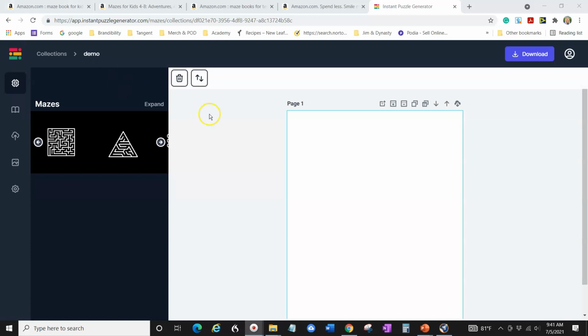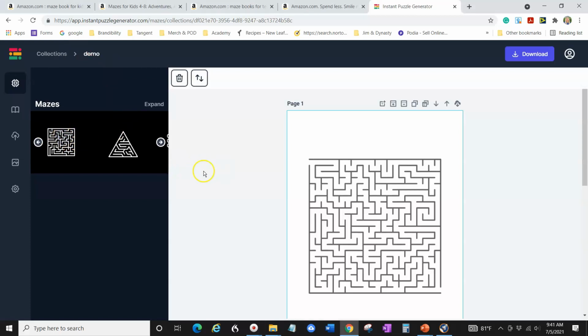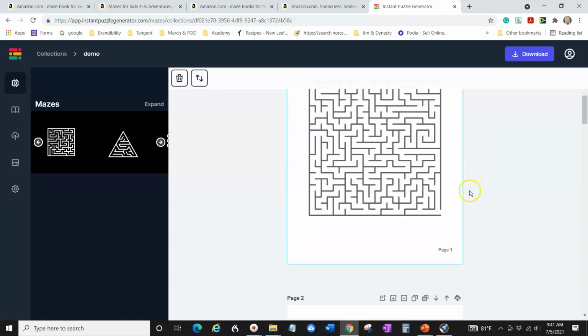Okay, so I've created a collection. I've just called it Demo, and it is as simple as this. Let's say you just want to do some maze pages. Okay, so then I can do one, add a page. So this is like add a page, subtract a page. You can add a title here. So if you just wanted, my awesome maze, you could change this to be whatever or move it. But let's just add some pages. So I've added a few pages, right?